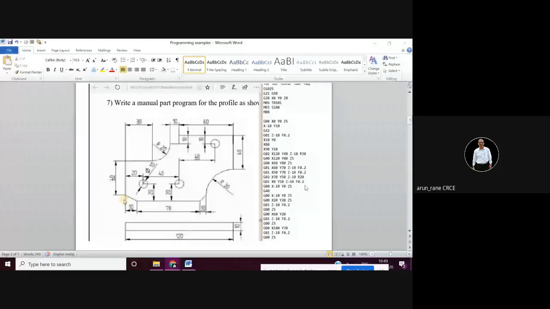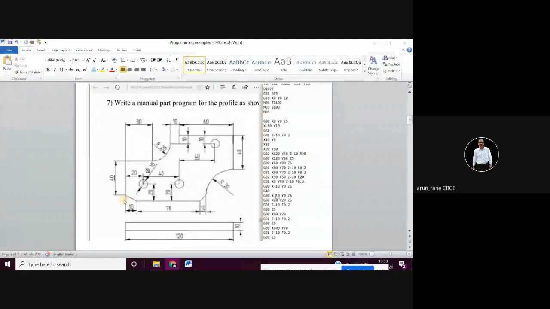Then you can take the cutter to X-10 Y0 Z5, all three movements together. That means the tool will be lifted up, it will move to -10 and it will move to Y0, that is here. And the diameter offsets. This is a repetitive block. This is the same default. Now cancel the diameter offset.